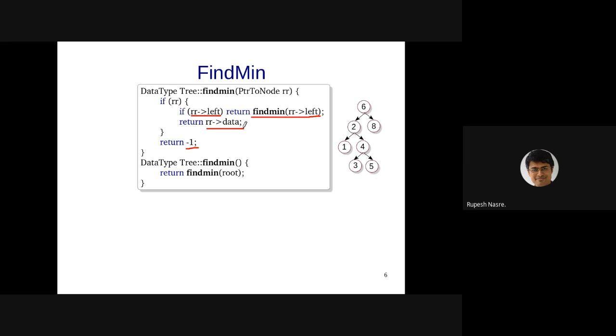Whatever is the data that is being returned. So finally, at the leaf node, I'm going to return RR arrow data. Otherwise, for each of them, I'm going to just go recursively to do a find min on the left subtree. Right? So this part seems to be okay. This is just a sentinel, which can be anything, or you can print an error and so on. Any questions on this find min?